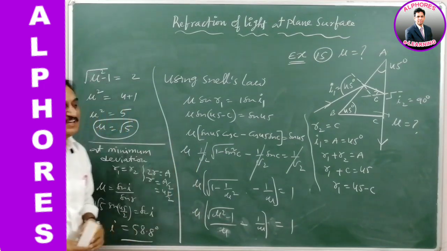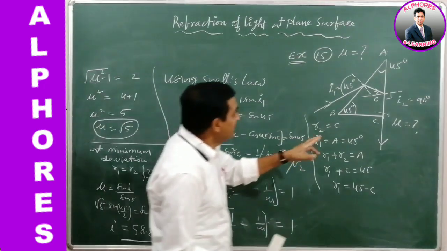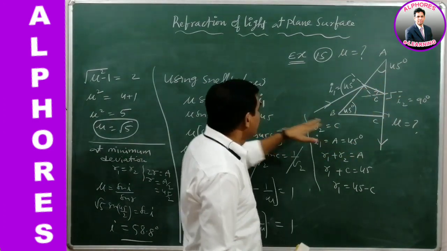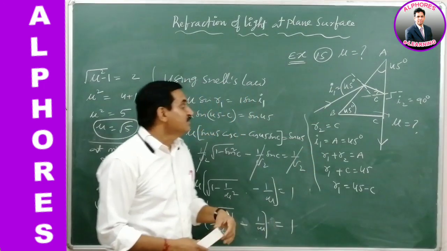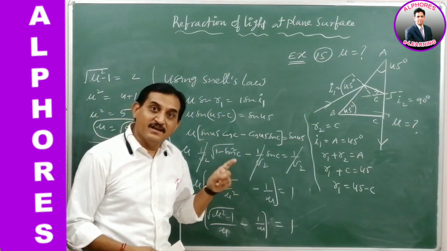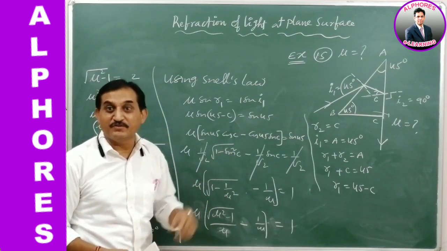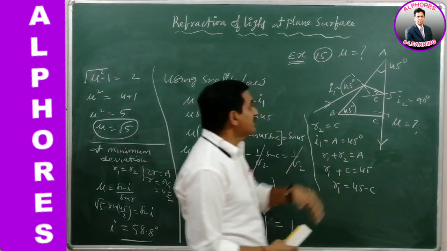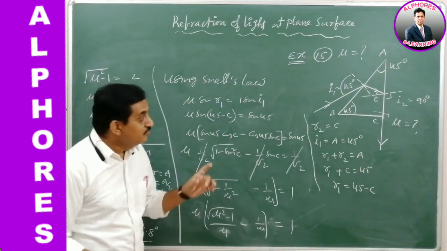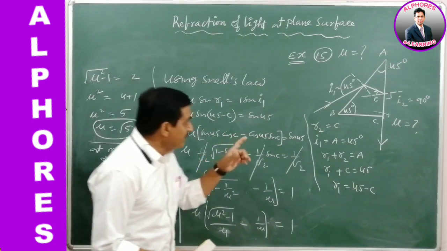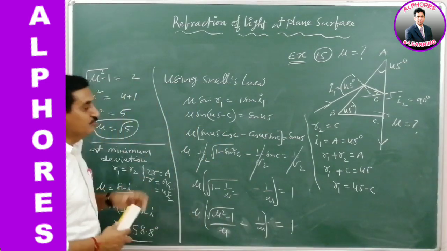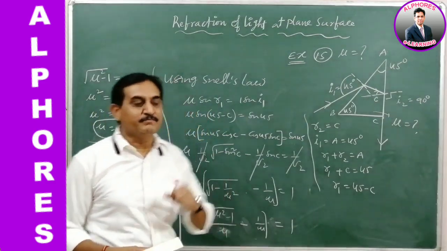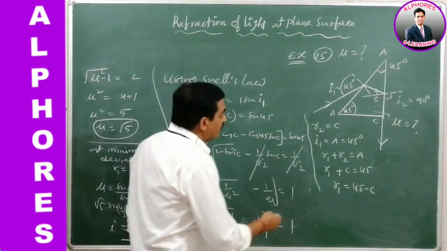There are two questions. Once again I repeat. Here there is an isosceles prism, of angle of prism 45 degree. When a ray of light is incident on the surface AB at an angle of incidence i equal to the refracting angle, after refraction it grazes the second surface AC. Then find number 1, the refractive index of the material of the prism. Number 2, for what angle of incidence the deviation suffered by the light will be minimum. So let us go one by one.